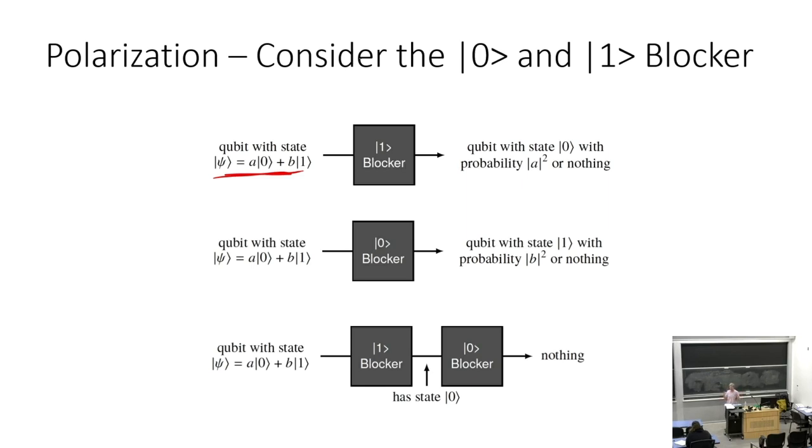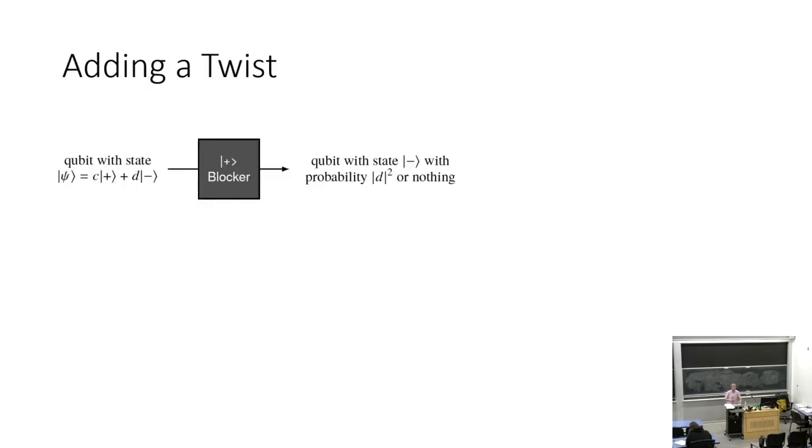the sort of final thing to think about is if I compose these two blockers. So I take my initial qubit state, I pass it through the 1 blocker. If I have anything at that stage, it's a 0. And then I pass it through the 0 blocker, and so after that, I have nothing, right? Nothing is coming through. So the last thing I can think about to modify this system is I can add